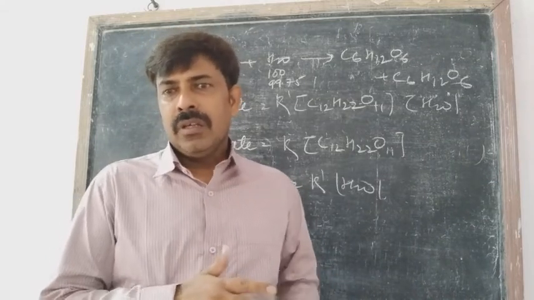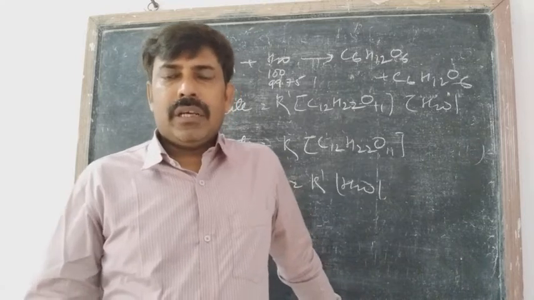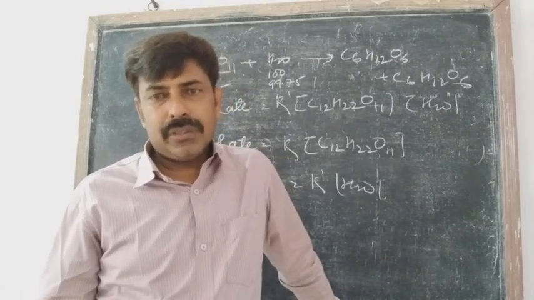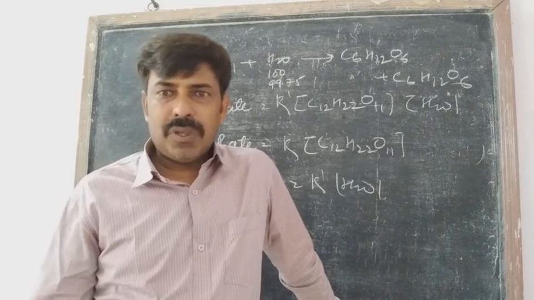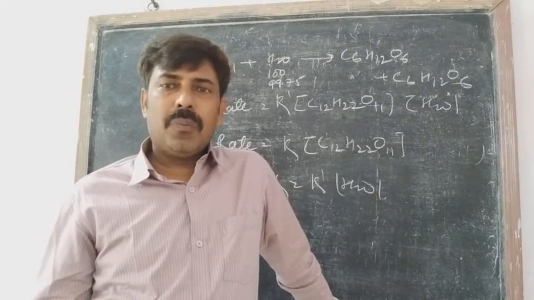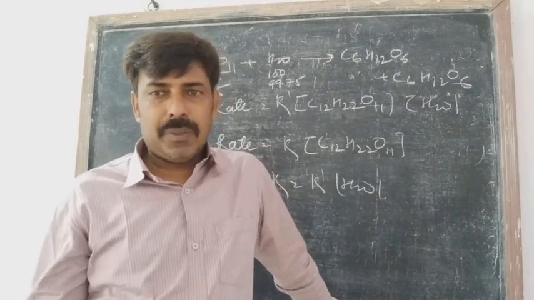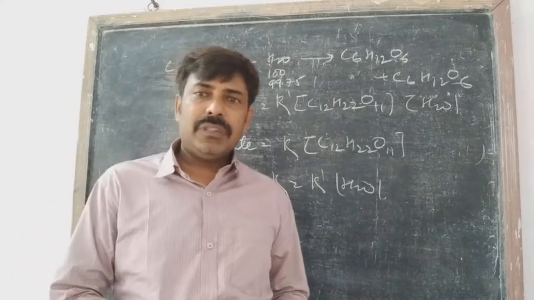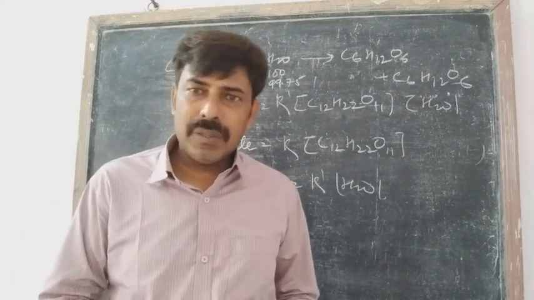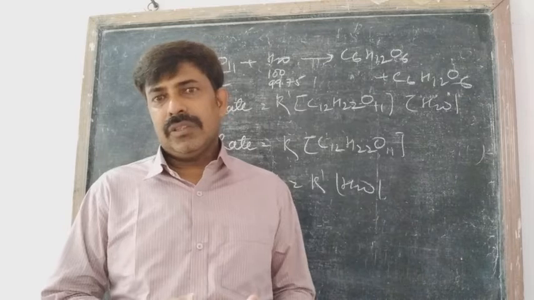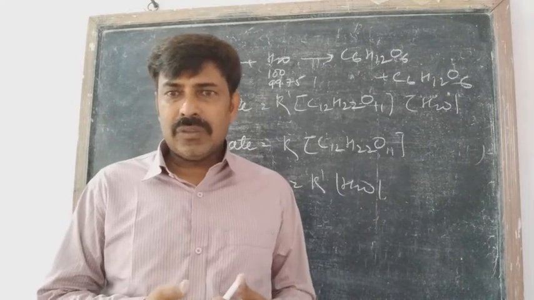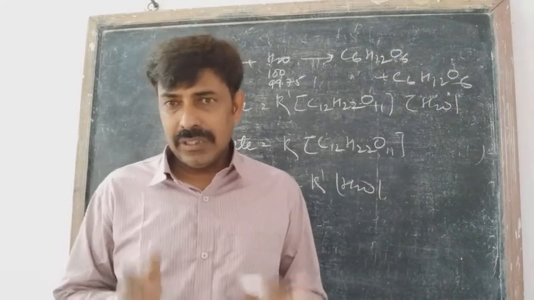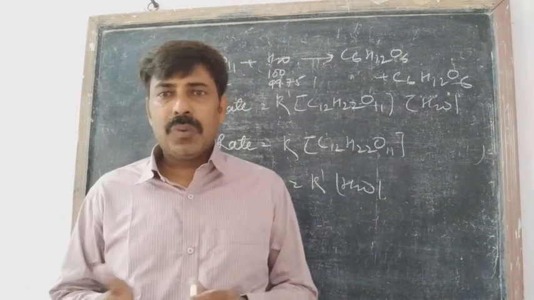The next topic is the catalyst and the effect of temperature on the rate of reaction. You know, some of the topics are removed and some of the topics you will have to study in the next chapter, that is surface chemistry. We study the catalyst in surface chemistry. There we study the different theories of the catalyst and all the other things. Only the Arrhenius equation is also not in your syllabus this year, that is removed from the syllabus.